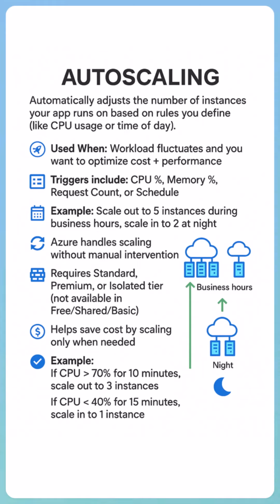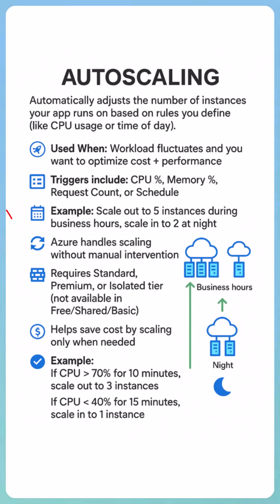For example, based on CPU usage, memory usage, and many other metrics. Autoscaling is used when a workload fluctuates and we want to optimize both the cost as well as the performance. Autoscaling can be triggered based on CPU percentage, memory percentage. We can combine both of these, and maybe we can also trigger based on request count and many other metrics